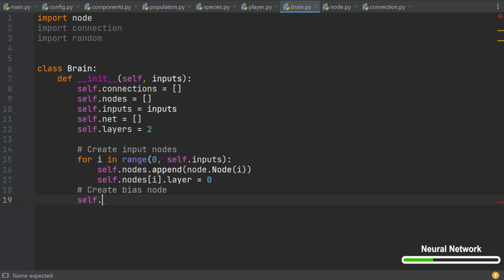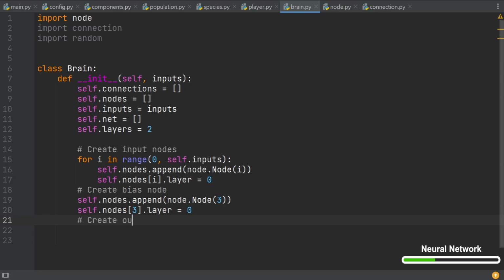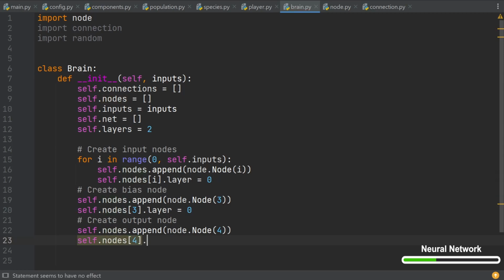So to the nodes list, we're going to append a new node with the ID number 3. And of course below that, we're going to state that the third node in the nodes list, which is the node with the ID 3, is going to be in the layer 0. So now that we've created all the nodes on the input layer, the final node that remains to be created is the one on the output layer. Therefore, we're going to create a new node with the ID 4 and append it to the nodes list. And since this is the node on our output layer, we want to make sure that the layer is set